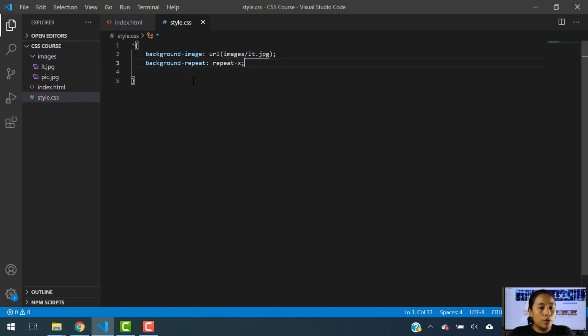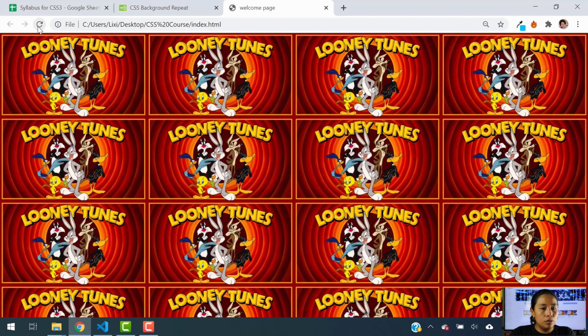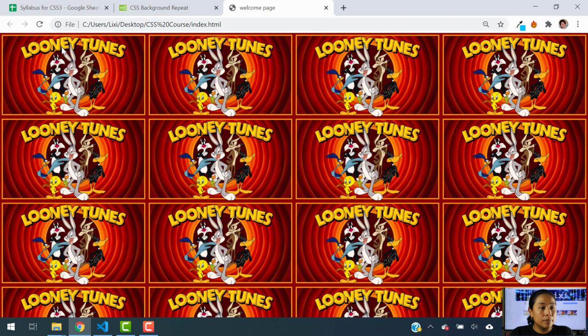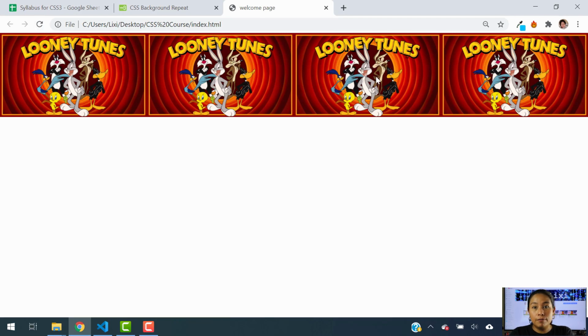So before, if I didn't apply the background repeat to this, it was looking just like this, seeing the entire thing in the entire screen. It was being repeated every single time in the entire page. But now that I am using background repeat horizontally, it's only going to be displayed in horizontal view,